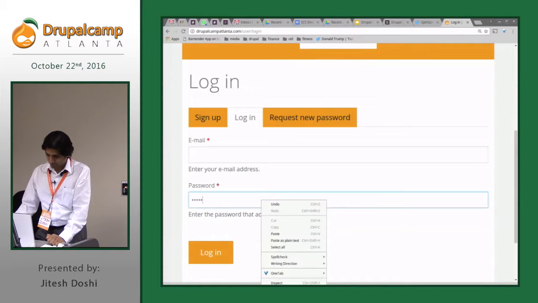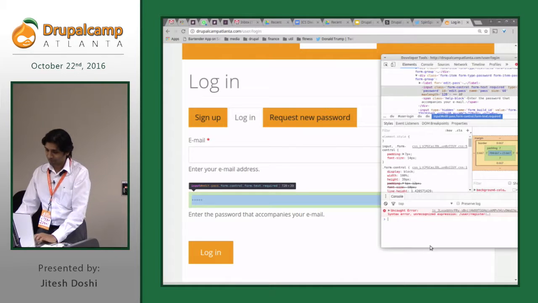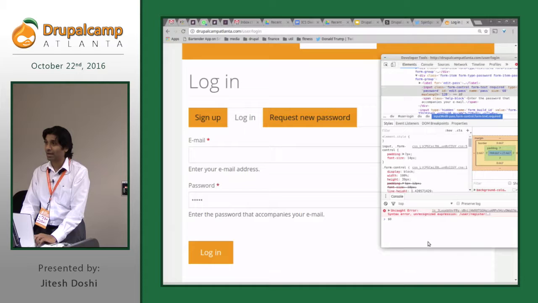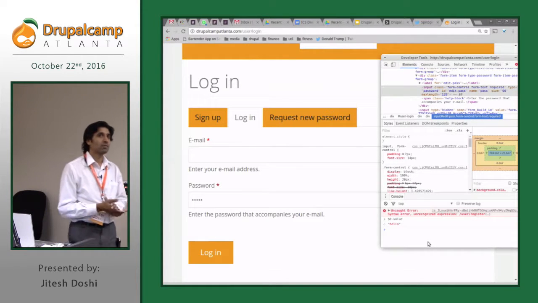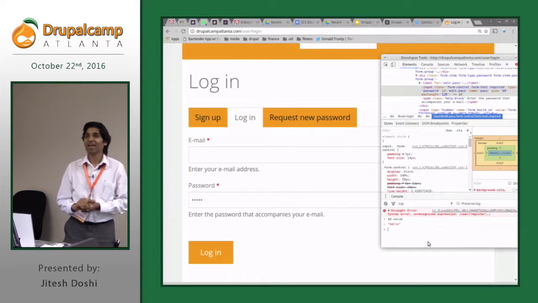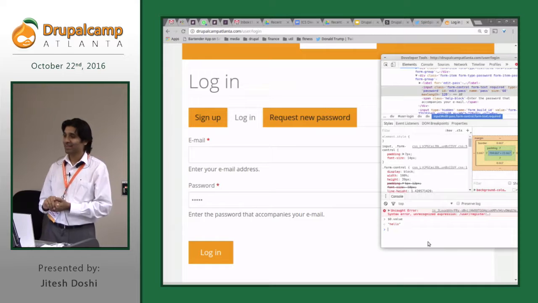Maybe you had saved it, okay? But you can inspect that element and say $0 dot. Now remember $0 is the DOM element, so you can say dot value, and that's my password. Can you see it? Well, anyway, if you had a password in it, you will be able to see it.